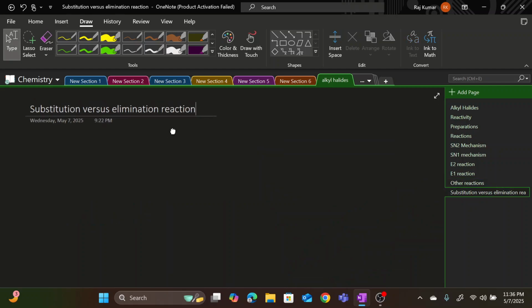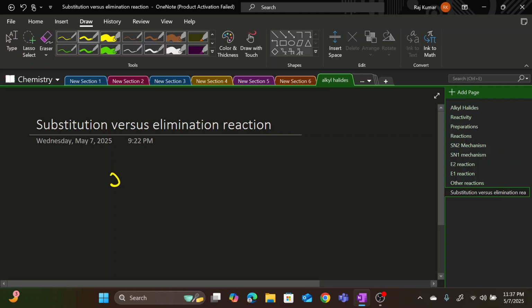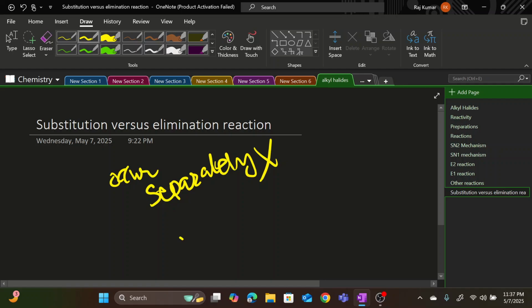Now let's make a quick comparison of substitution and elimination reactions. Whenever we have the reaction of alkyl halides with a nucleophile or a strong base, it's not possible that substitution and elimination reactions occur separately. These reactions do not occur separately. Whenever we add a nucleophile to an alkyl halide, some of the molecules will undergo the substitution reaction. Some of them will undergo elimination reaction,